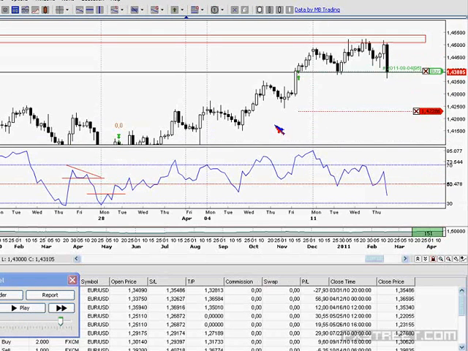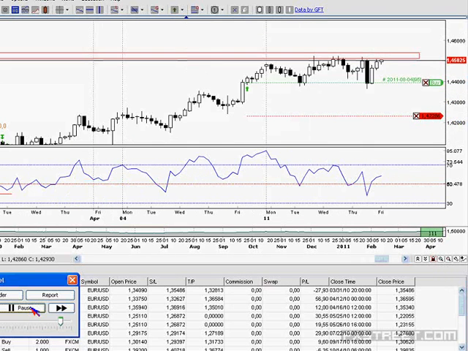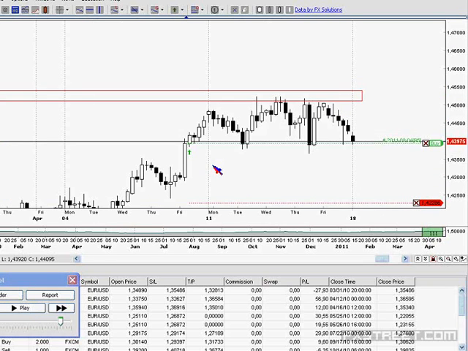So we still have room here. So let's see what happens to that one. Definitely it is not wanting to reach that level, but the supply coming from this level is already weakened in these last candles. We have this big shadow here, picking up demand as seen in this previous